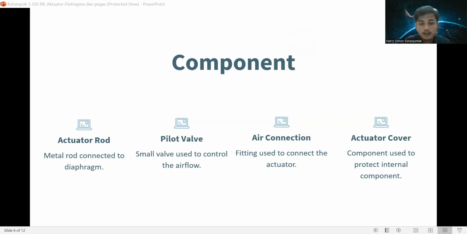The air connection is a fitting used to connect the actuator to a source of compressed air. Number seven, cover. The cover is a component used to protect the internal components of the actuator from dust and dirt.